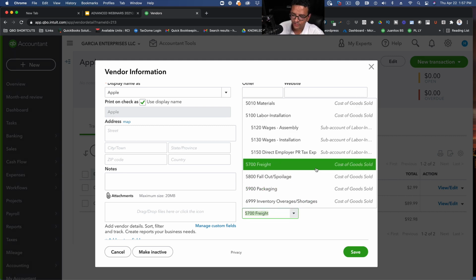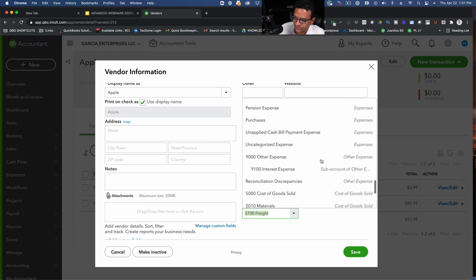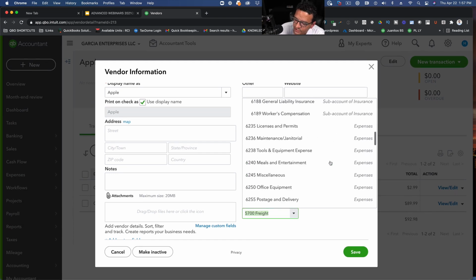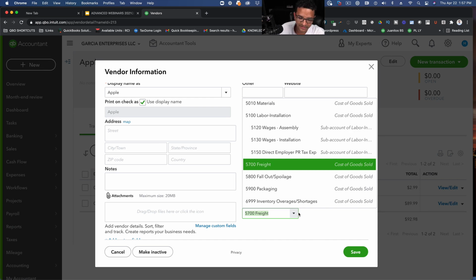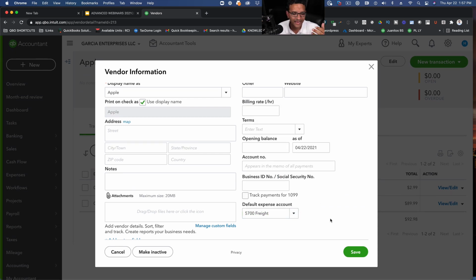So we can pick cost of goods sold accounts, but you can't add any income accounts, any other expense accounts, any other income accounts, any asset accounts, any liability accounts, any equity accounts, which is fine. Logically, a default expense account should be an expense. They did add cost of goods sold, which is awesome. It wasn't working before, so that was sort of a secret little fix that they did to it, but you still can't add an income account or an asset account or something like that, which, by the way, I think